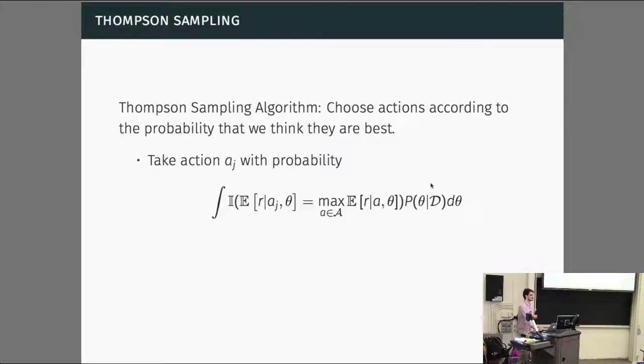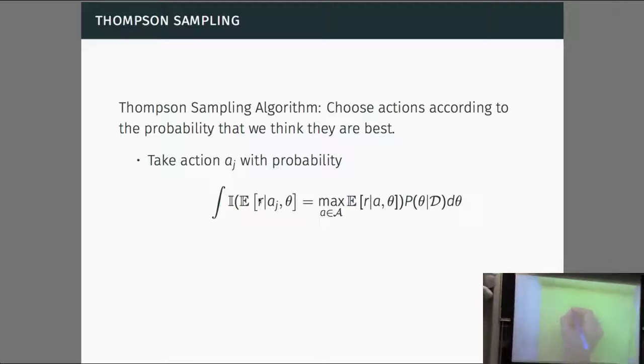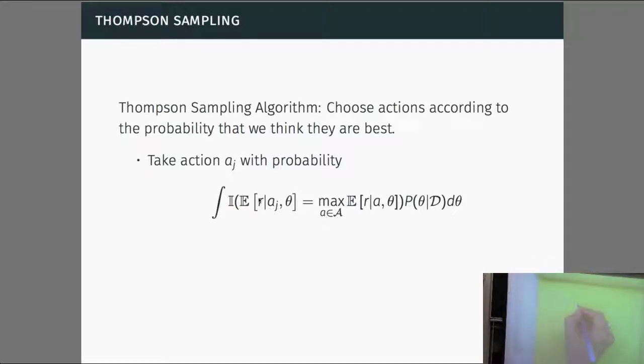What's the theta again? Theta is some parameter for the distribution. The distribution of what? Good question. For the distribution of the rewards. So let me write this. We assume the reward for action j, at the i-th time step, and it doesn't matter what time step it is, is sampled from some distribution P that's indexed by some theta. Does that make sense?